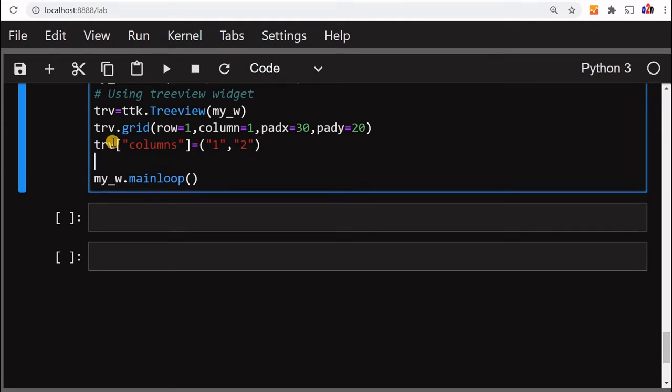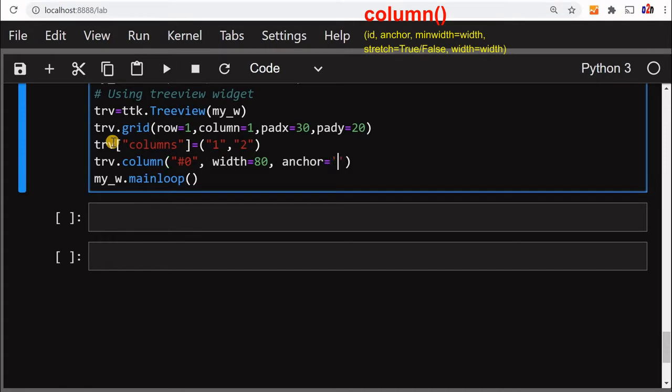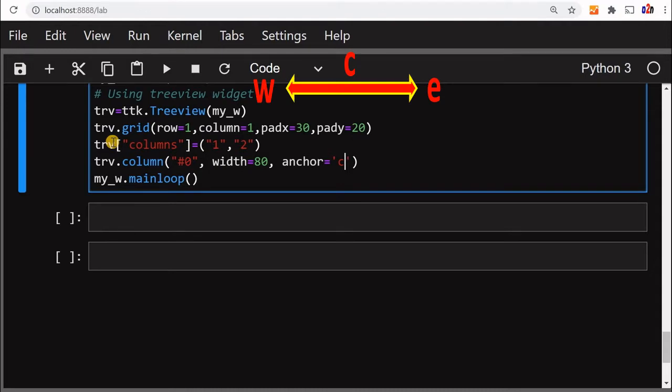Now let's go for headings. We'll start with columns first. So column, now we'll say there is one hidden or the ghost column, you can call it. It is not included in the two columns we have used at the top. So let's say that it is 0, and we'll see the utility of why we are writing it shortly. So let's give the width as 80 and anchor as C. This anchor will take the alignment part. It is the east, west, north, south, all those things you can add up here. We'll experiment with that also.